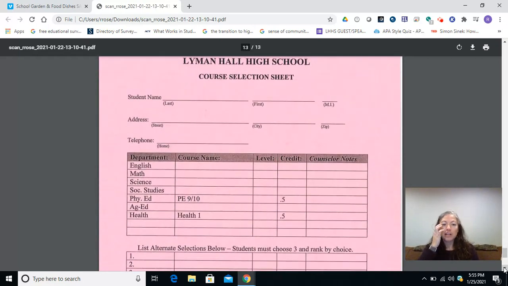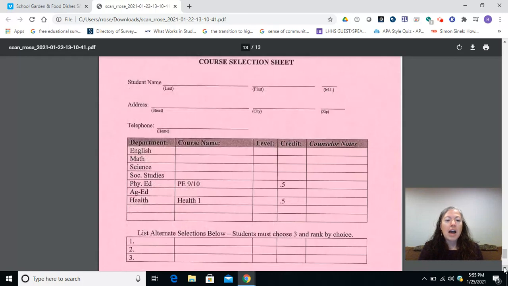Some of the things are already filled in there for you, but I'm going to show you how to use the big career and course planning guide. It used to be our course selection catalog, but it's got a bigger, fancier name now. This was the huge packet that came in the mail to you with all of your other papers today. So I'm going to teach you how to use this and fill out your form by using your agriculture class as an example.